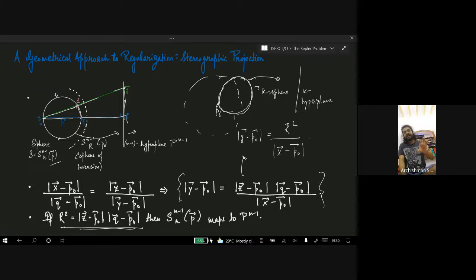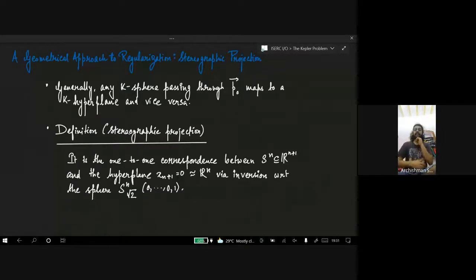If I take any sphere and any plane, I can find a one-to-one correspondence between them, provided that I choose an appropriate sphere of inversion. And then the standard stereographic projection is defined to be the one-to-one correspondence between the unit sphere and Rn